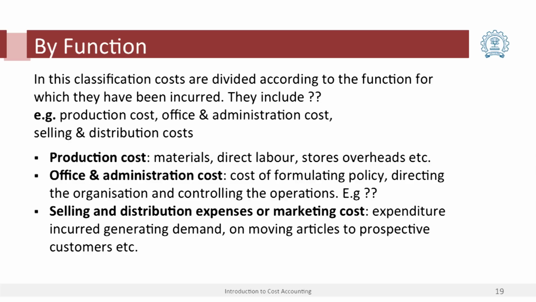The second type of classification is as per the function. So, any business can be divided into various functions. It could be manufacturing, it could be administration, it could be marketing, it could be R&D and so on. Generally the departments in the companies are based on the functions. So, this is a second type of classification. I am not going into too much detail.